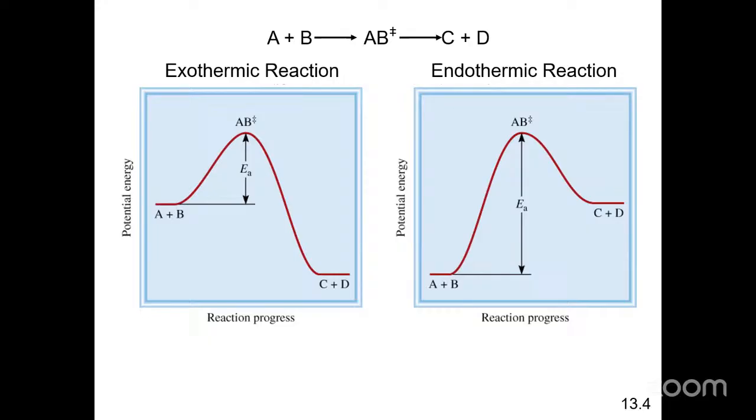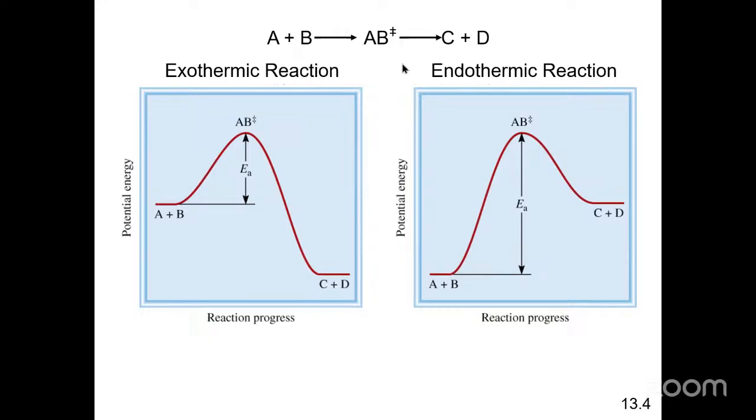So what you're looking at here in this slide is a general hypothetical situation where there's a one-step process where the reactants are converted to products. All right, so the reactants are A and B, and the products are C and D, right? And basically, in order for the reaction to take place, A and B need to combine to form,